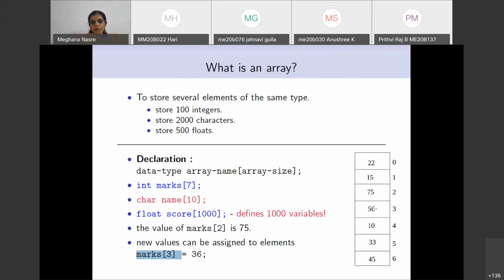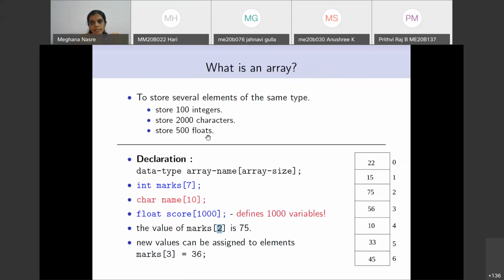So this is how you define an array in C, and the way you access the variable at this third cell is using marks of 2, where 2 is the index into the array. The index of the array starts with 0 and ends with size minus 1. This is how indices are given in C.